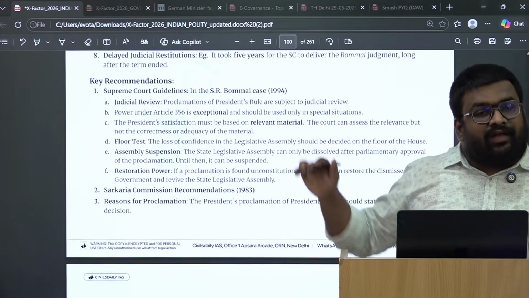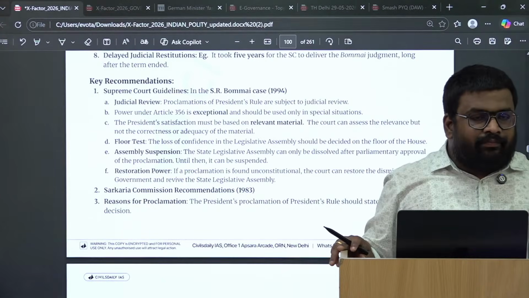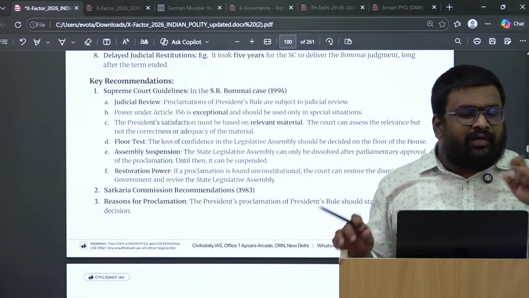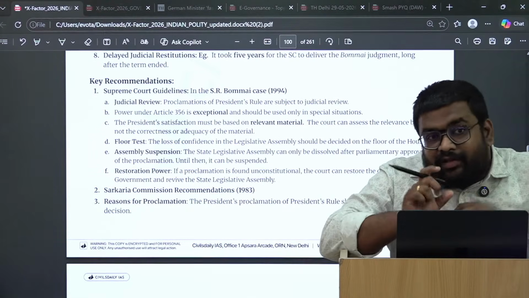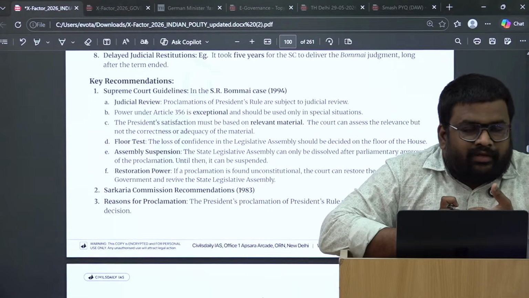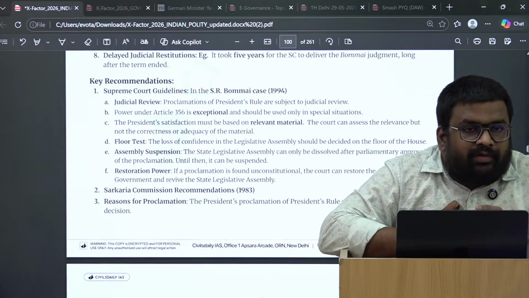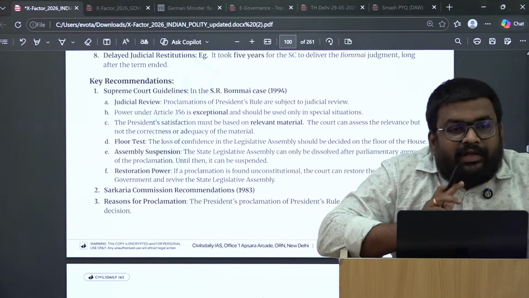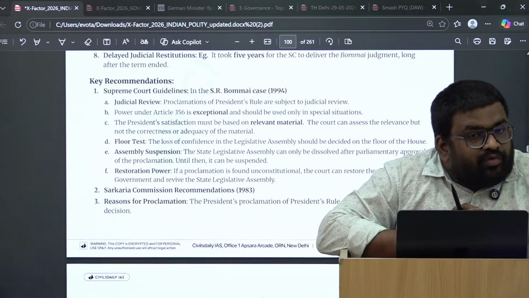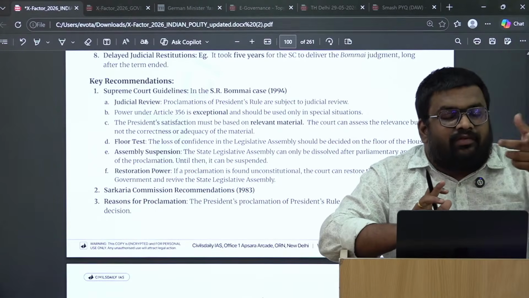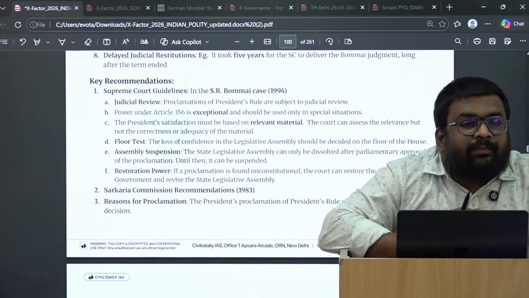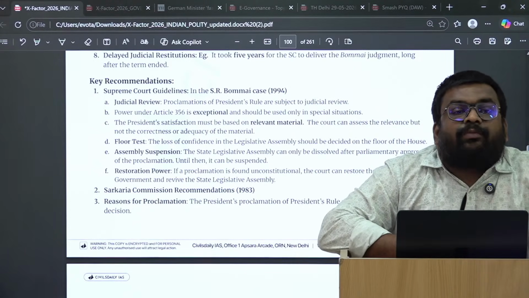ठीक है, same thing goes with the newspaper. While reading the newspaper also, don't do the factual reading. First, if it is about the editorial, read the heading of the editorial. You will understand कि what is the importance of it. Okay, automatically you link it with the micro theme. Prepare one question. Okay, they can ask you on these lines. Then you start reading. ठीक है, so that जो भी point आपको याद आ रहा है immediately you can imagine, okay, this is how I can make my point. ठीक है, so that level of the precision or that level of the exam oriented approach you need to bring in your studies.